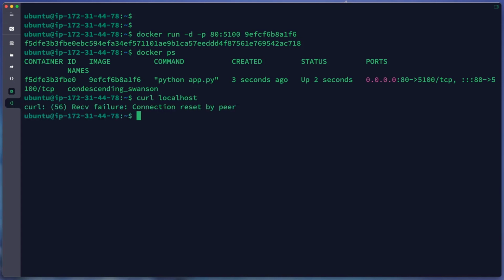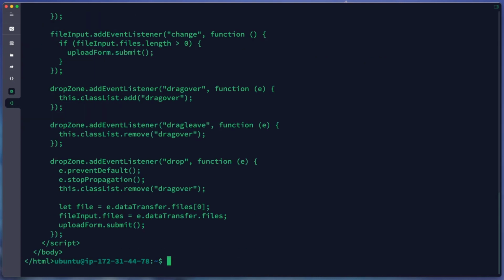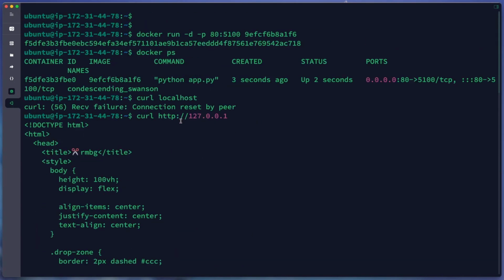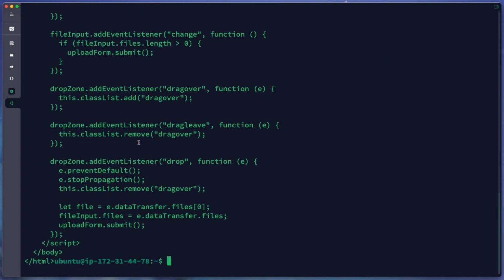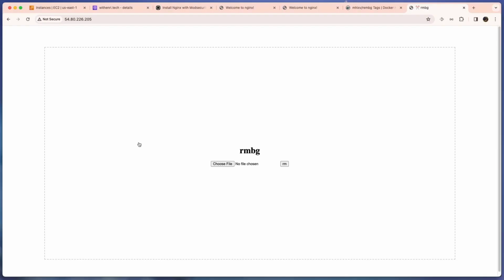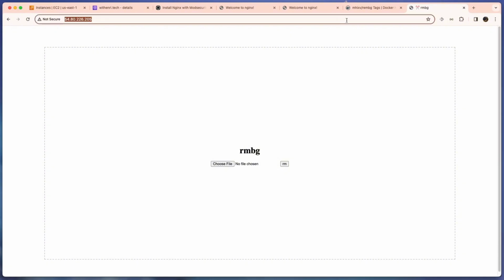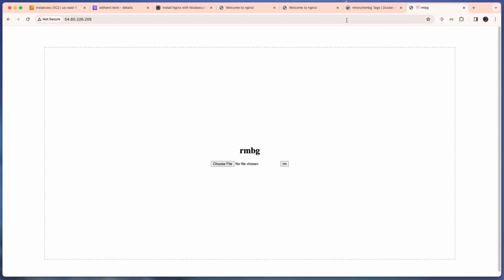Localhost failed. Try HTTP. Okay, with the URL it's working. Now we try our browser. Okay, we can see that our application is up and running.